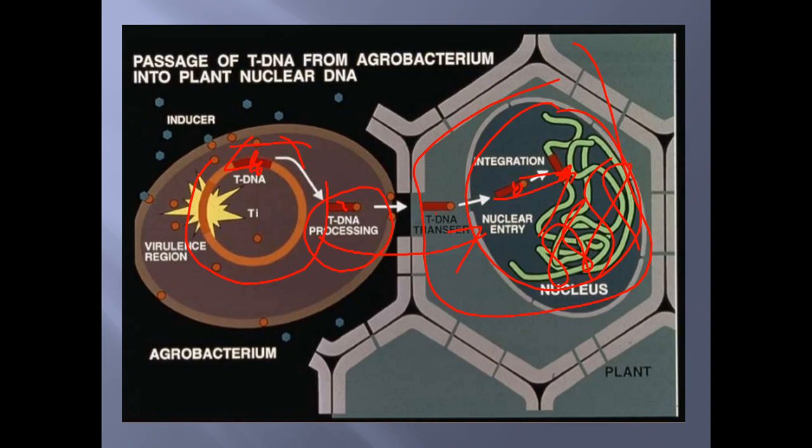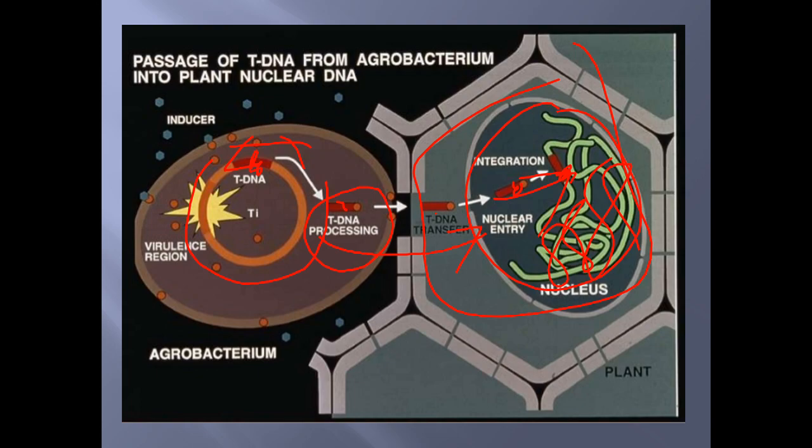While replicating, it ligates or integrates its T-DNA into the plant DNA, and this is the principle we use. As it inserts its T-DNA into plant DNA, we use this process as an advantage, so that if we ligate our gene of interest in the T-DNA, along with the T-DNA our gene also gets transferred into the host DNA. So this is the method which we use in the transformation method.